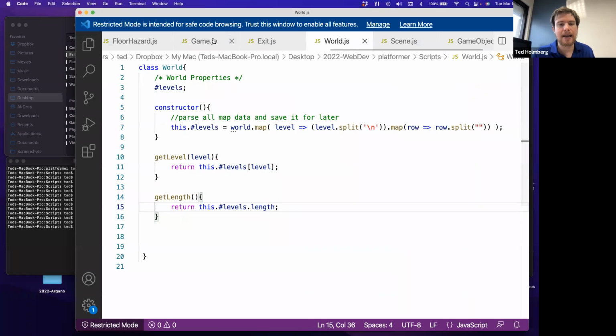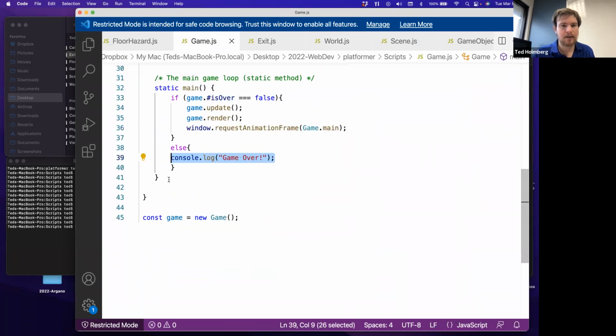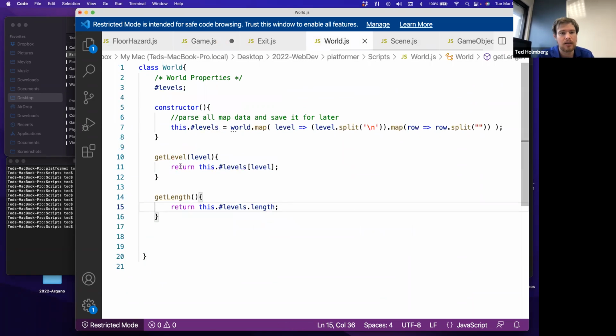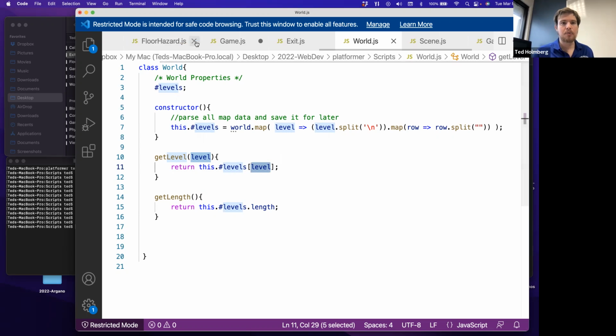So let me go into my game class, and I'm going to create a load scene method. What load scene is going to do is make a call to my world instance to get a level. So again, get level is given a number, an integer value. I'm going to index into the levels collection, and that's going to return, let's see what is inside of our